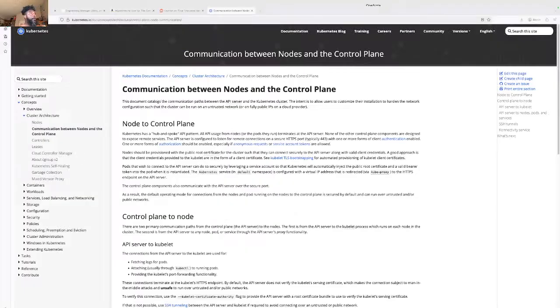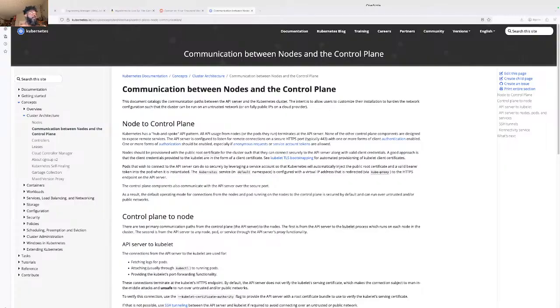All right, so Kubernetes has a hub-and-spoke API pattern. All API usage from nodes terminates at the API server. The other control plane components are not designed to expose remote services. The API server is configured to listen for remote connections on a secure HTTPS port, typically 443, with one or more forms of client authentication enabled.